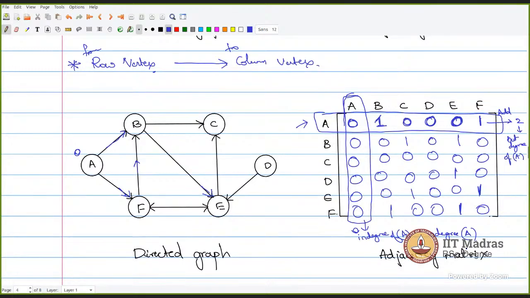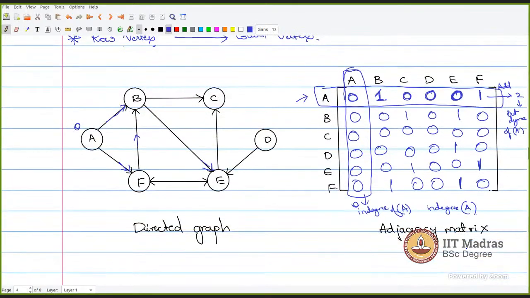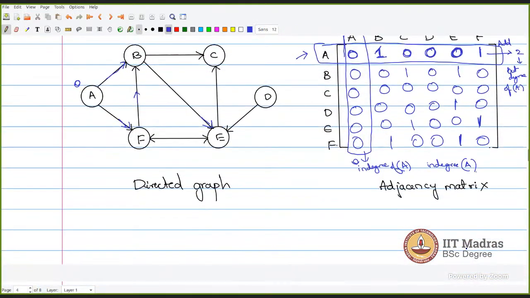There will be n square entries, and I have to go to every entry and take some inference from it. Finally it turns out that most of them are giving us zeros, and we don't require that many entries. That is why we simplify this adjacency matrix